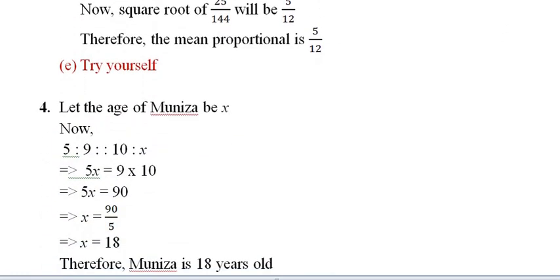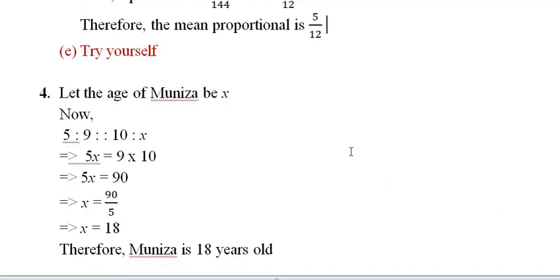Now question number 4. Let us read the question first. The ages of Ravina and Muniza are in the ratio 5:9. If Ravina is 10 years now, how old is Muniza? Let the age of Muniza be X. And we can express the information as a proportion, 5:9 as